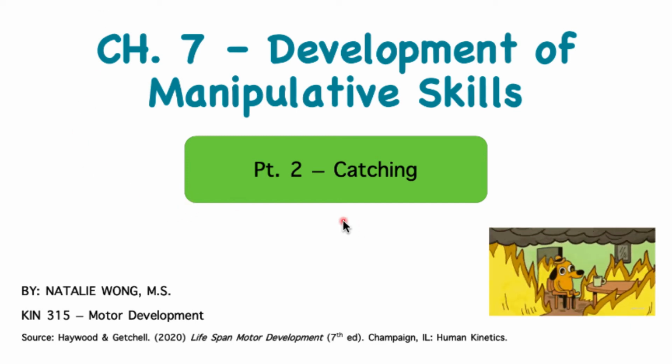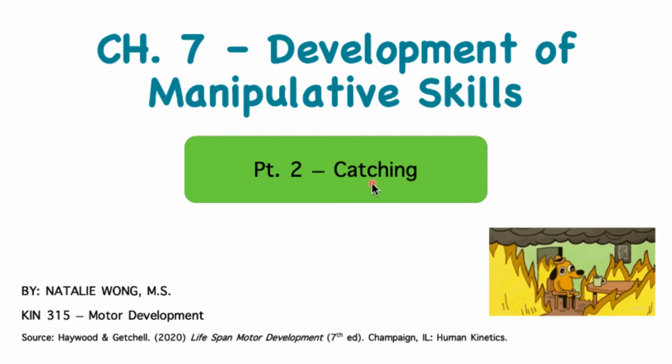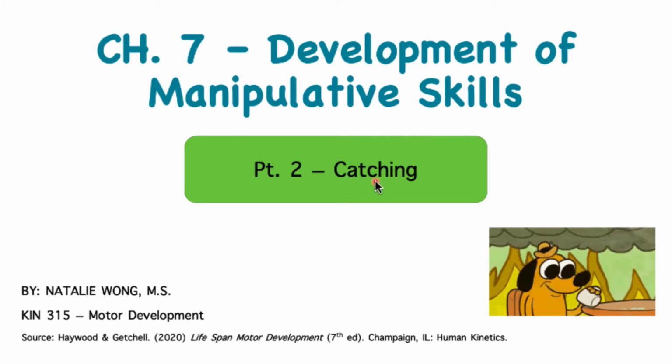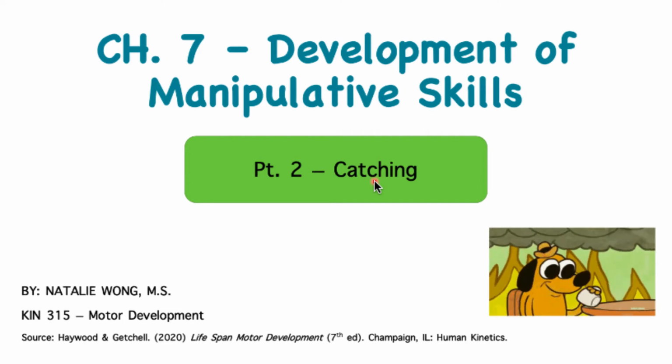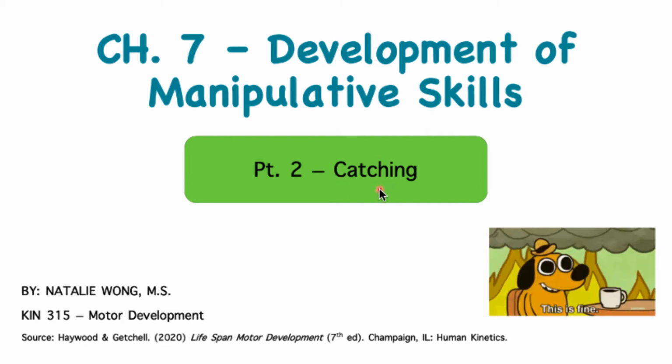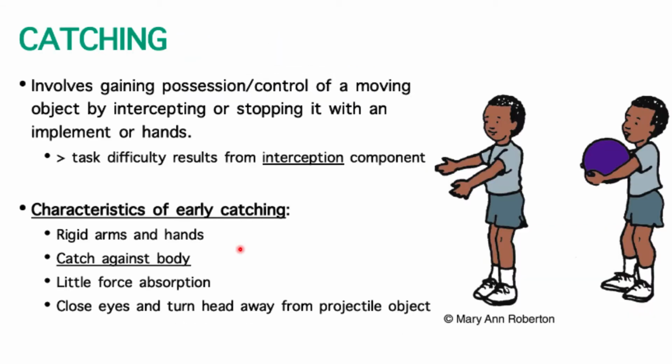In the next part of our lecture, we are primarily talking about the developmental sequence of catching, but we can't talk about catching without also discussing how anticipation changes in relation to the interception of whatever is being caught. So, catching is the most common manipulative skill in relation to sport play,